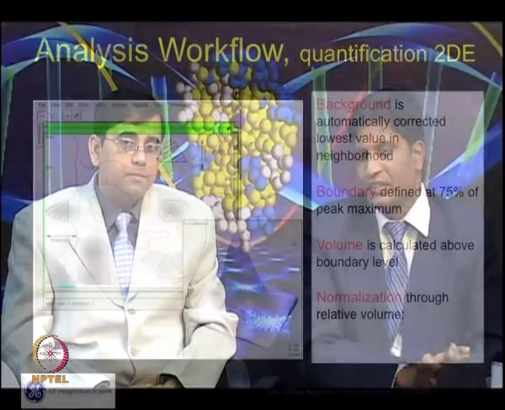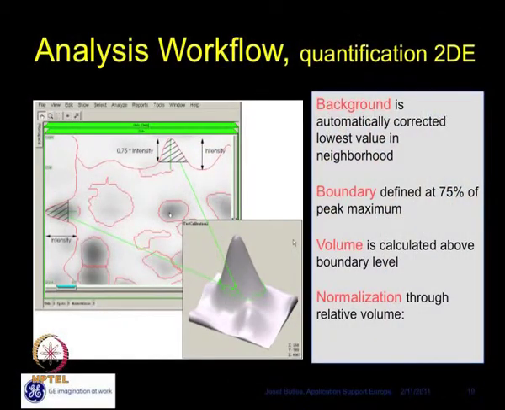In this experiment they may be interested in this particular portion only. That is what they included, this much data. This is the 3D view. Very clearly you can see the background is automatically removed here, because of the boundary which we are putting. When you look at the 3D image, it's not taking the bottom of the protein peak.